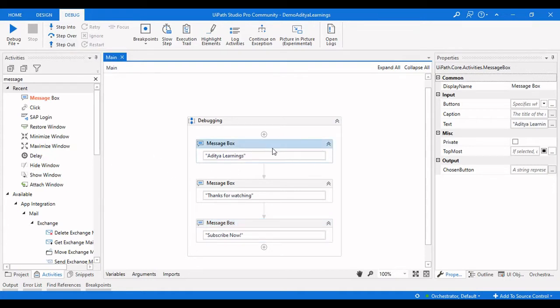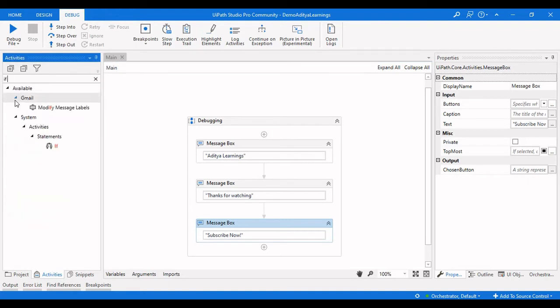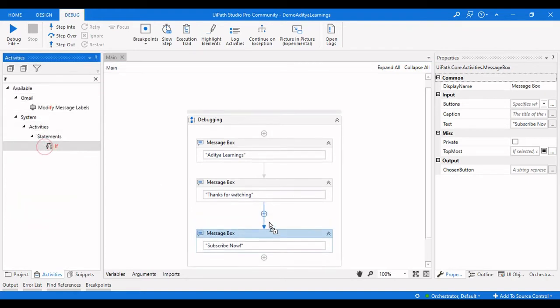When you're executing this particular step, and you don't need to check this particular step and want to finish this process of execution, then you can click on step over and it will run the execution when you run this by clicking the debug file or the run file. And the step out is usually used with, let me drag an if condition as well here so that it will be clear.